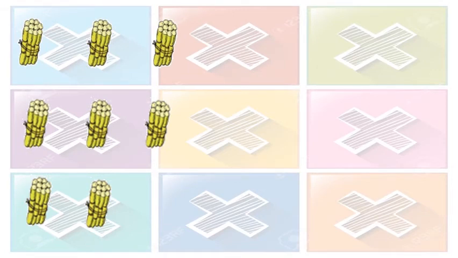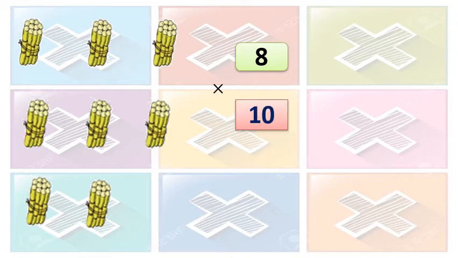Yes, we can see here the sugarcane bundles. Okay, 1, 2, 3, 4, 5, 6, 7, 8 bundles are there. Okay, we will write 8 bundles multiplied by each bundle has 10 sugarcanes. So 10 we will write. Correct? Now 8 tens how much? 80. This is the answer. Means total 80 sugarcanes are there in 8 bundles.